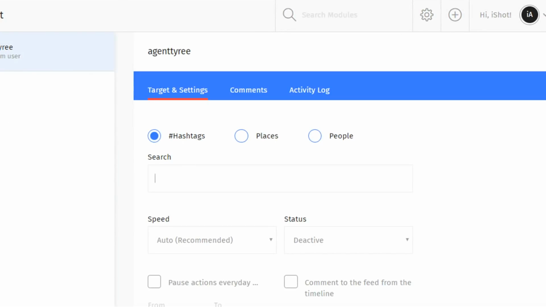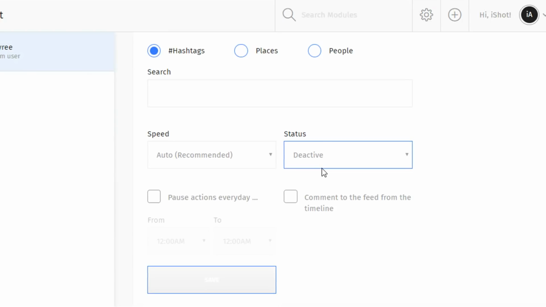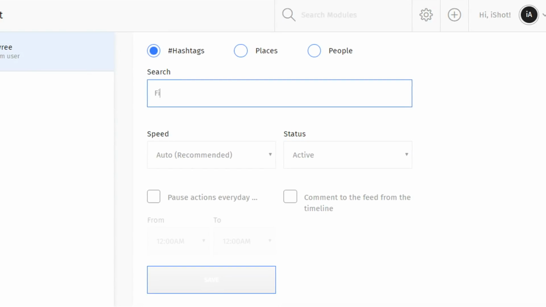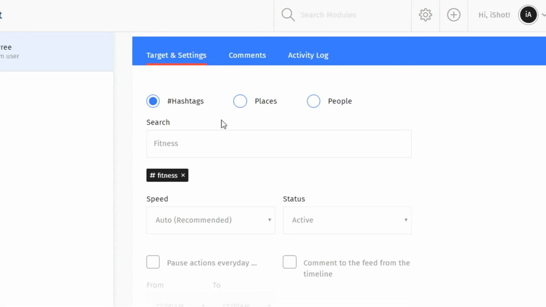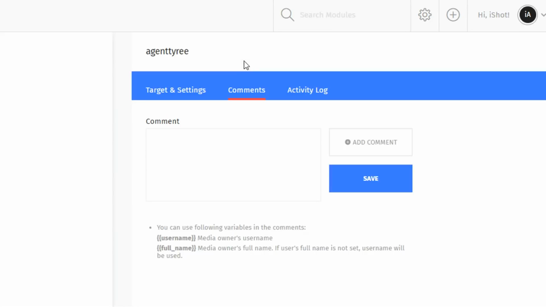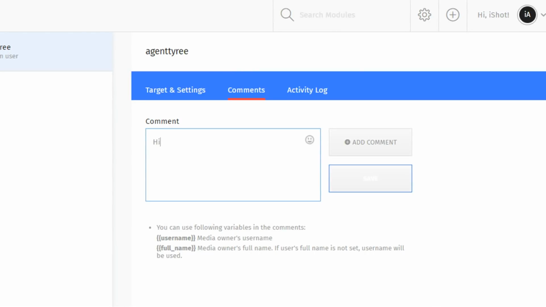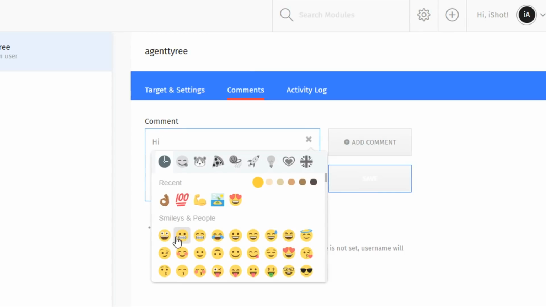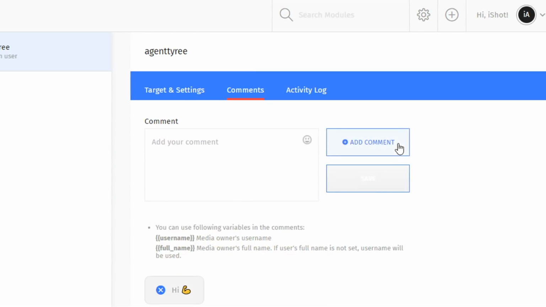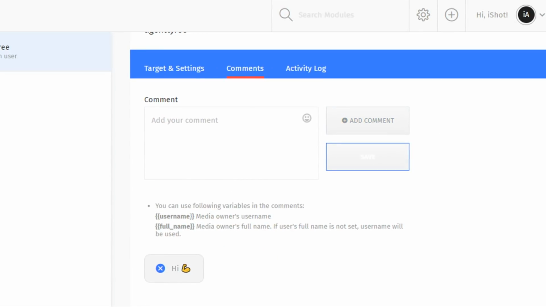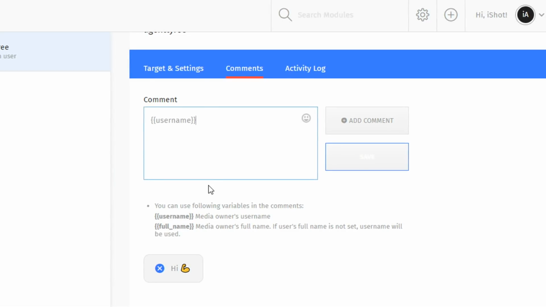Now each engagement tool has its own targeting settings, so we're going to have to enter hashtag, places, and people again. After you enter your hashtag, places, and people, make sure that you set the status to active before moving on to comments. Now that you set the status to active, we can click on the comments tab and enter custom comments that will be used on the target settings that you just entered. You can use usernames or full names of the profile's account, so that way you can get more personal